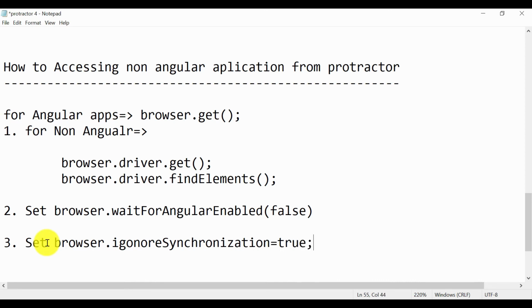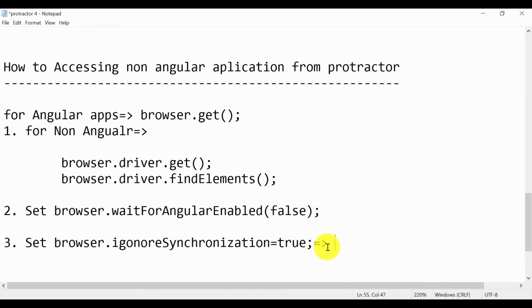This statement you can also use, but this method is deprecated in the latest version of Protractor. Deprecated does not mean that it will not work. If you use it, it will work, and maybe in future it will not be supported by Protractor. So it is always recommended to use the second method.